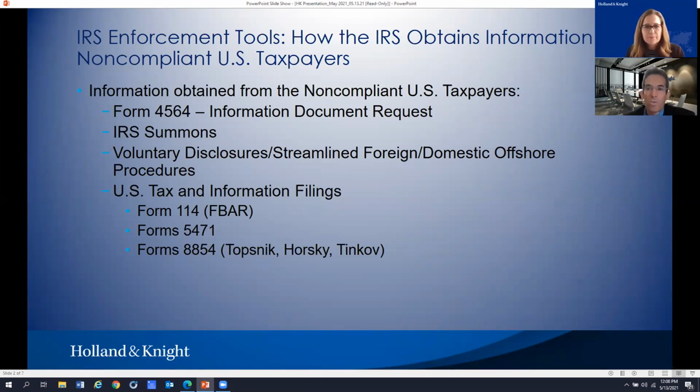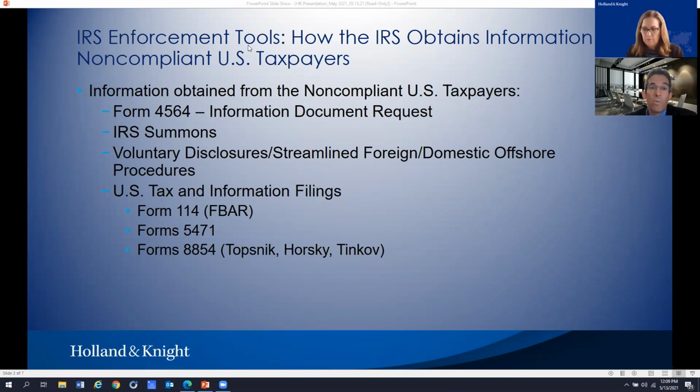Perfect, thank you. So it seems somewhat intuitive, but the IRS also gets information from taxpayers based on the forms that they do file. For example, the FBAR: if you have a joint account, on the FBAR you are reflecting who you own that joint account with. It could be 1, 2, 3 people, and you're providing that information to the IRS. So if I have a joint account with Andrea, we're not married, I report my account, she doesn't report hers. The IRS now has that information to try to match up somehow in their computer systems and then start audits and do whatever the heck they want to do with the information.